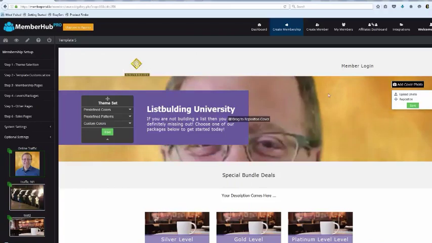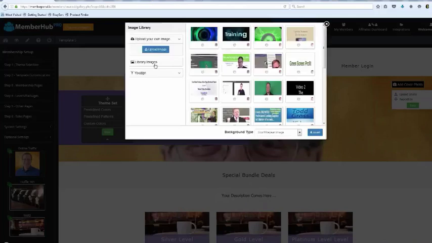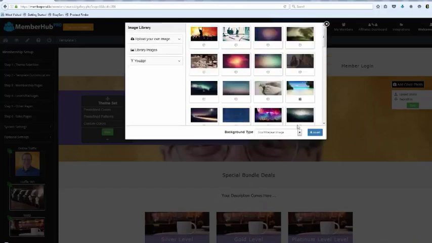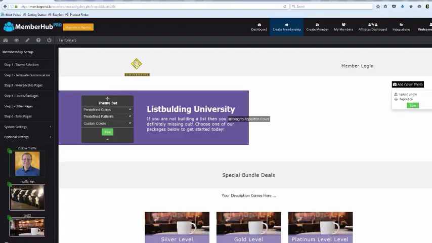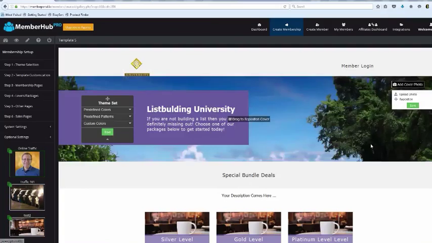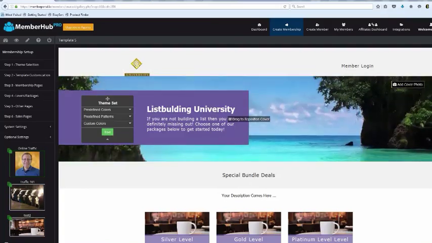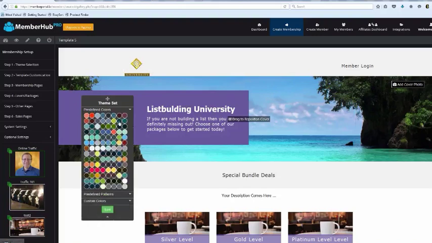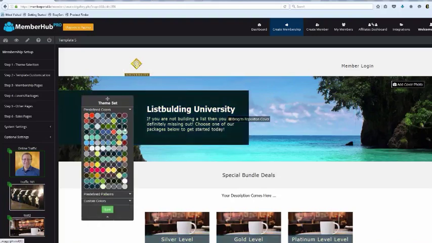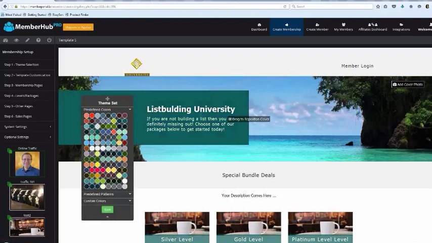So I can pull in Todd here, whatever. It needs to be a better image. So let's upload a new photo. Okay, I'm going to go to the beach one because that one's beautiful. And I'm going to tell it to stretch and repeat, insert. Okay, now we have the beach, but let's reposition it so that we have the ocean. I'm an ocean boy. But now the purple isn't matching here, right? So let's come over here to our predefined colors, and let's click around until we find something we like. Okay, so I think that looks good.